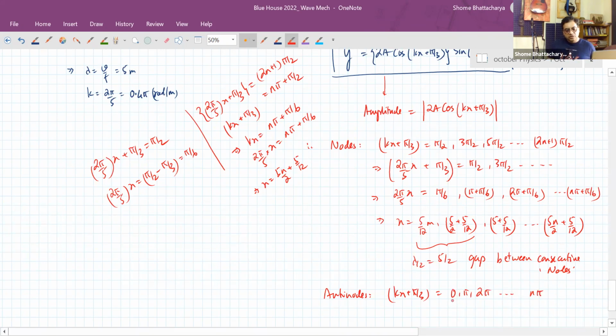So here I won't take 0 because we'll take x from 0 onwards. So x should not become negative, but the first one, so x will come out to be